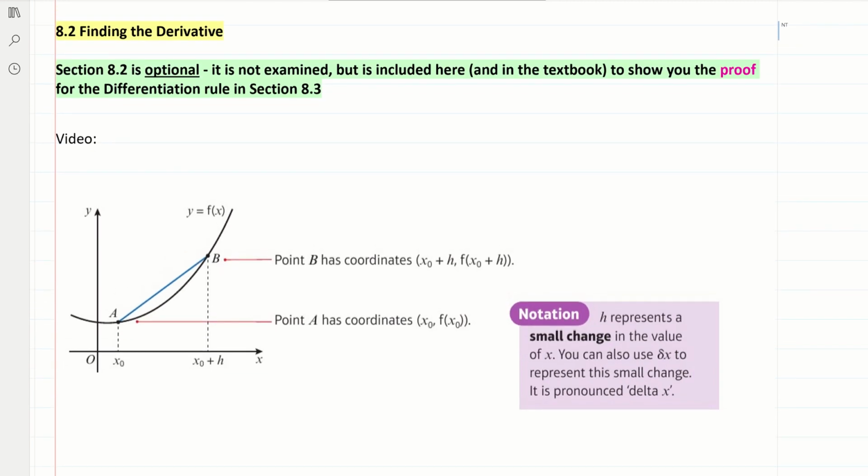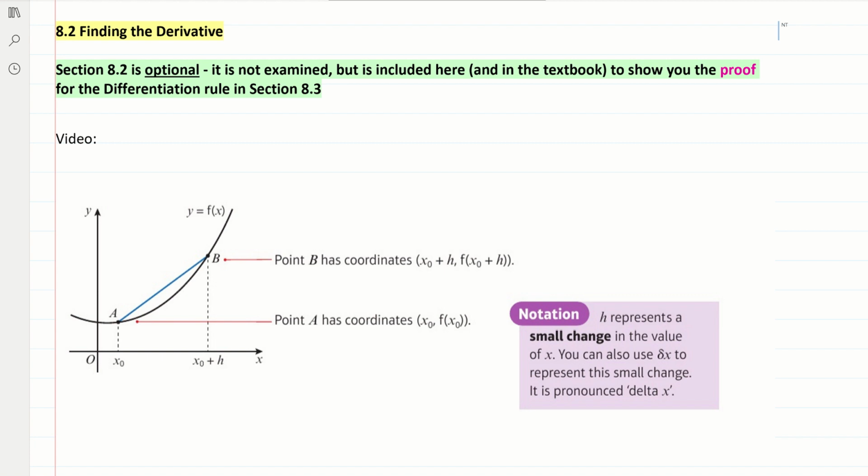8.1. So just once again to remember, instead of drawing a tangent, we can draw a chord between 2 points on the curve. If I call that point P like we did before, as the distance between A and P gets smaller, as that chord gets shorter, the gradient of the chord becomes closer to the value of the gradient of the tangent. So it gives a more accurate representation of the gradient of the curve at